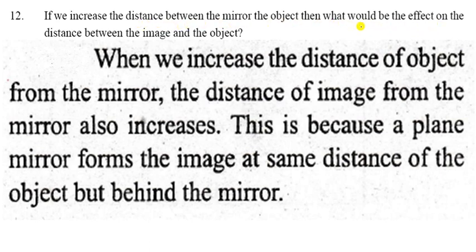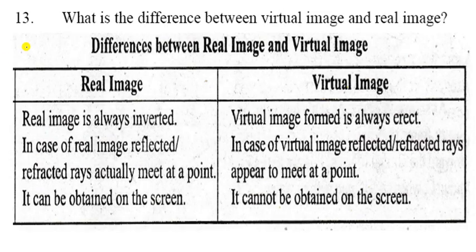Now come to the question: light travels from air to a glass slab having the refractive index 1.5. What will be the speed of light in glass? Speed of light in vacuum C is given as 3 into 10 raised to the power 8 meter per second, and the index is given as 1.5. So as you know, n is equal to C upon V. So now we can find V. N is given as 1.5, C is 3 into 10 raised to the power 8, and V is to be found.